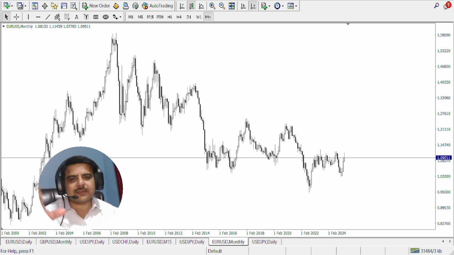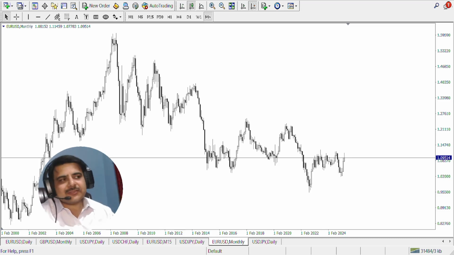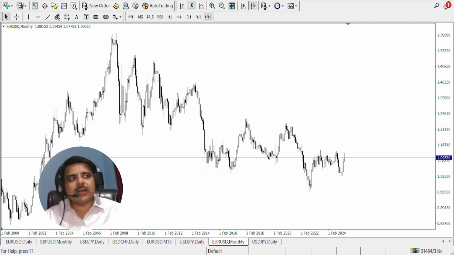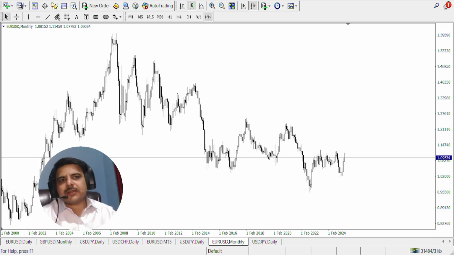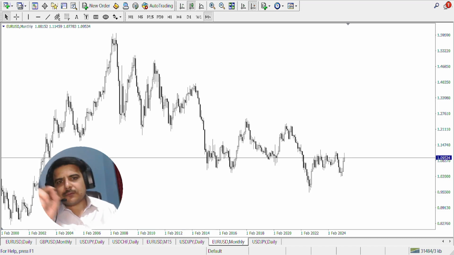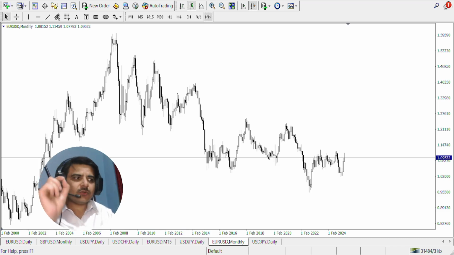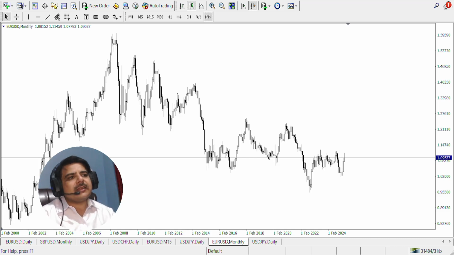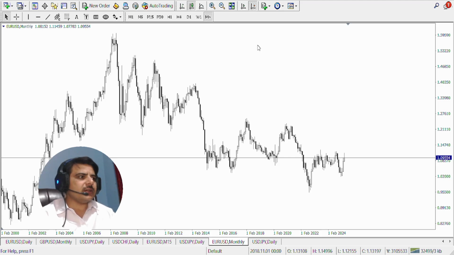Without wasting further time, let's jump into this euro US dollar and find out what it can give us in the future and what was my reason to become bullish on the euro US dollar from a price point of 1.02. So let's have a look at it, and I also will be explaining my strategy, so then you will have a very clear image of the market in your mind. So let's go. Everything is set and now we are ready.